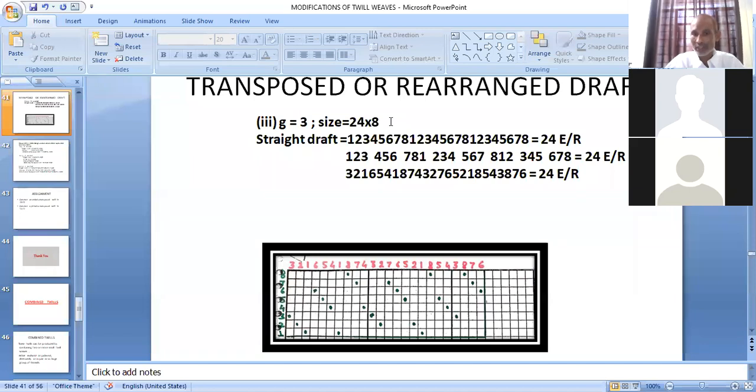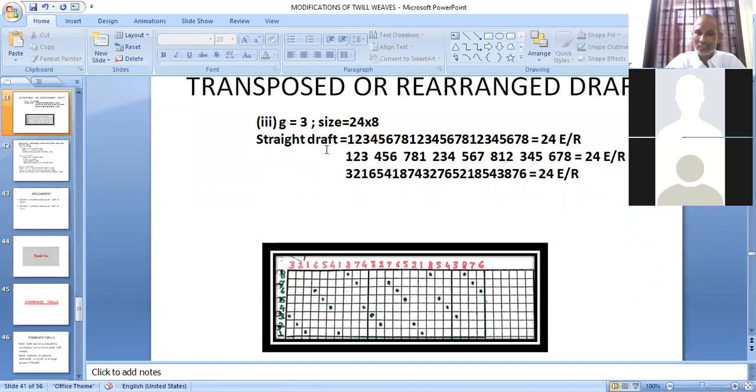Transpose tool vertically means pickwise. So pickwise transposition you have to do. So just you can tilt this by 90 degrees. That effect will be the same as that effect will show you a transpose tool in 8 cross 24. That example I will show you.